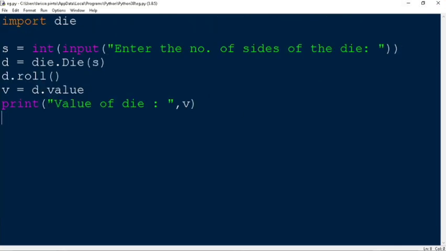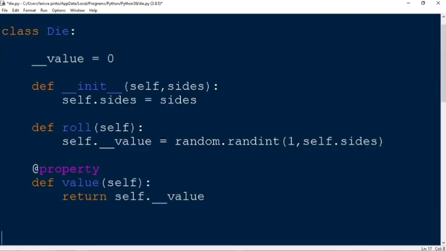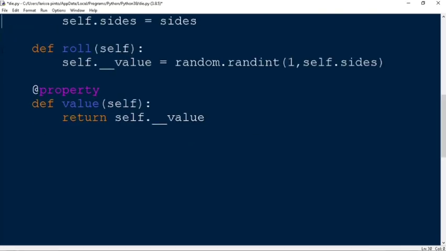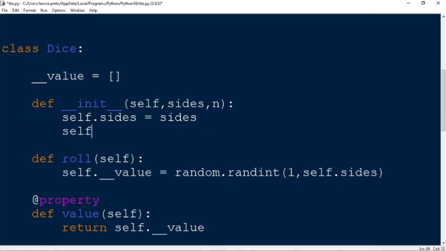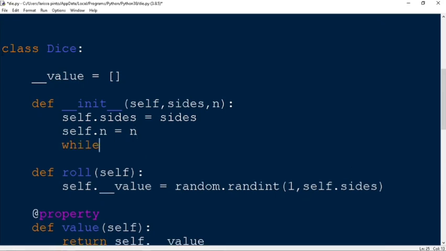And we'll create another class dice. So it will be the same as the die class, just a few additions to it. We change the class name to dice, and then we give the value as an empty list instead of a 0. And here there will be an extra attribute, that is the number of dice. And now we will write a while loop here. So I write while self.n is greater than 0,